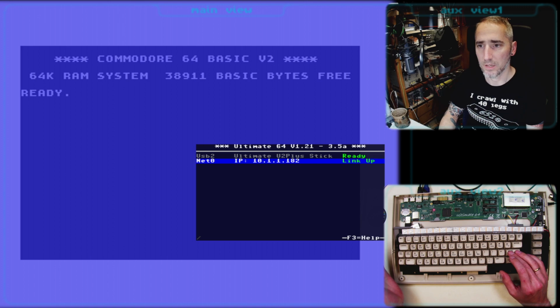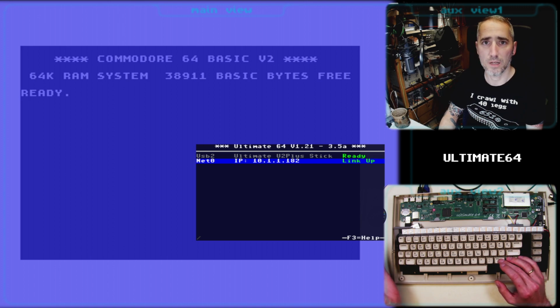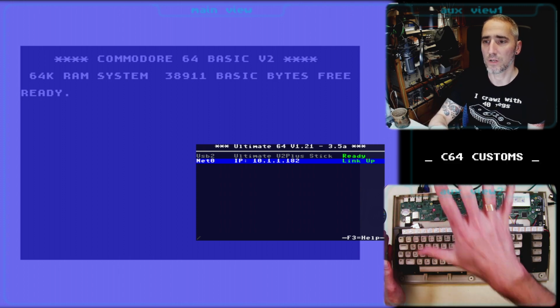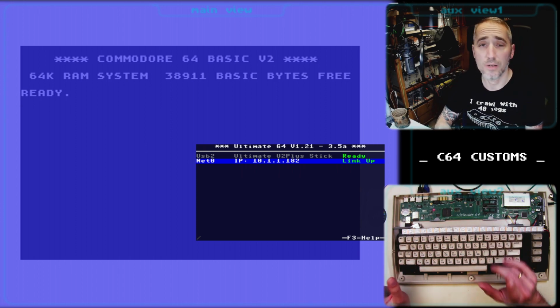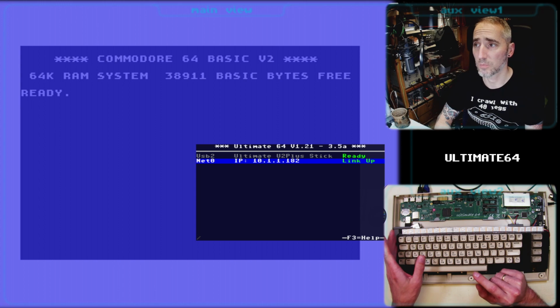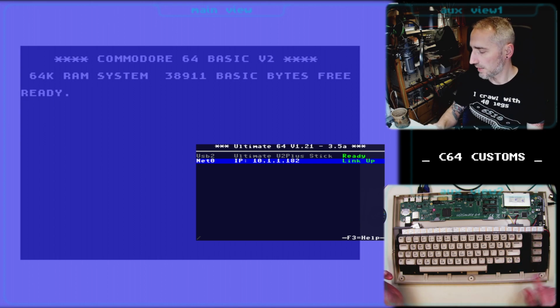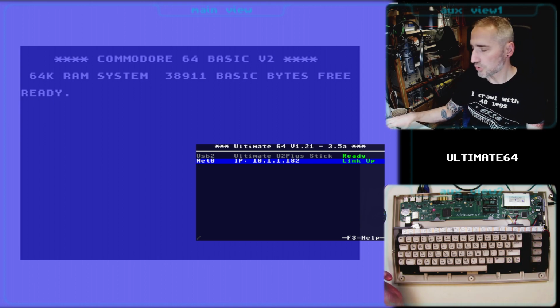And this is basically all we have to do on the Ultimate side. So we just have to connect the network cable and check whether we got an IP or not, and we have to keep the IP in mind. That's pretty important because we're going to use this IP within a second or so. And therefore let's switch over to